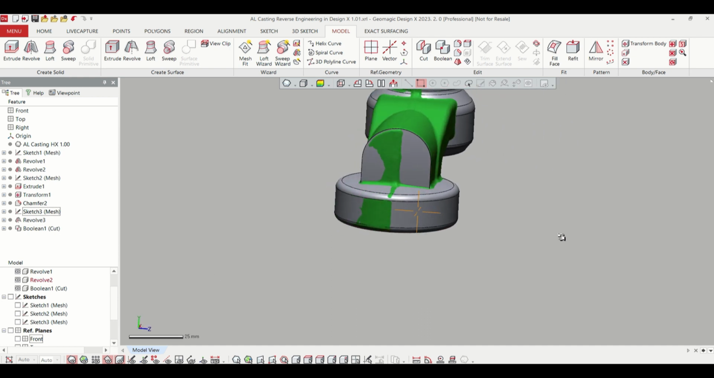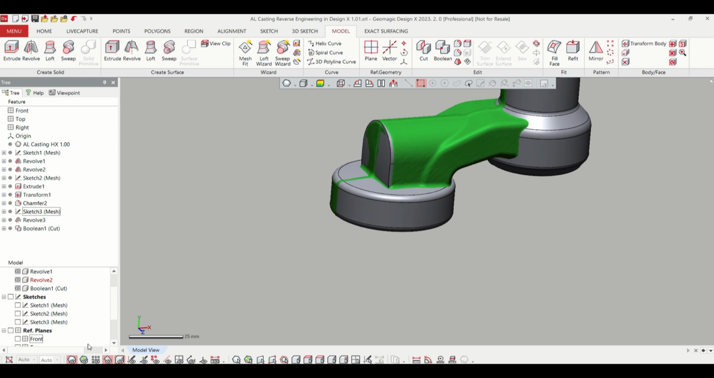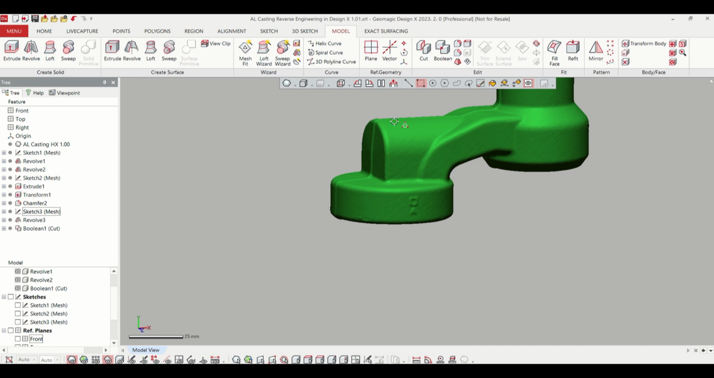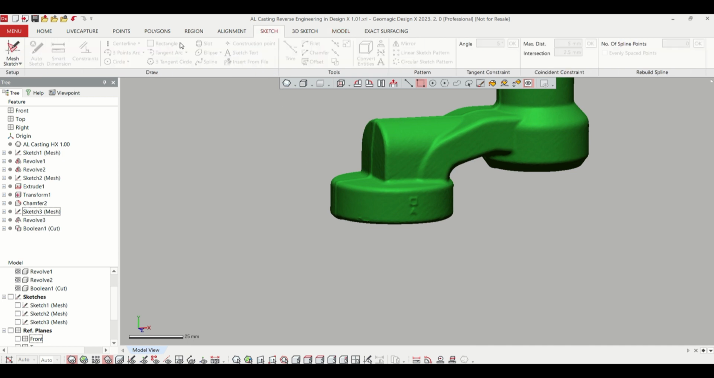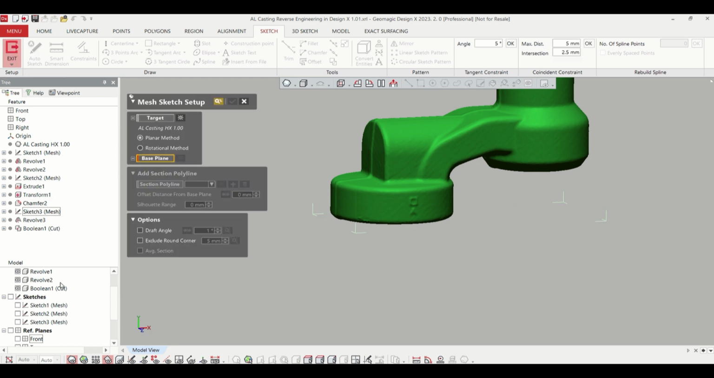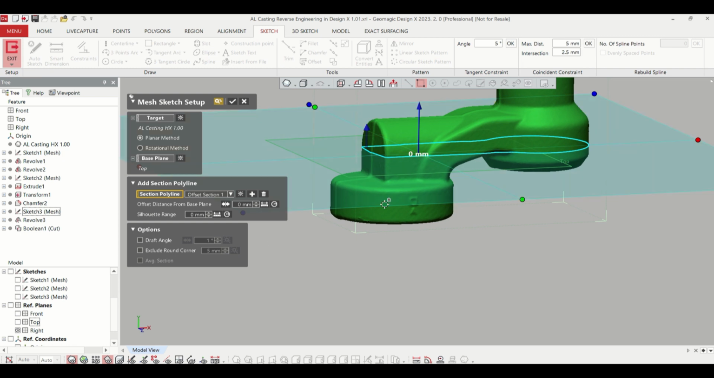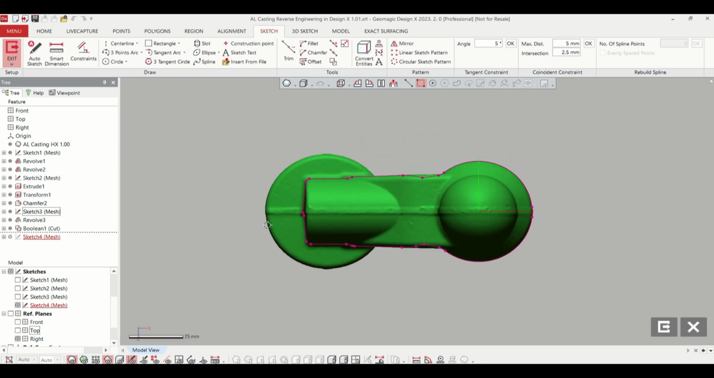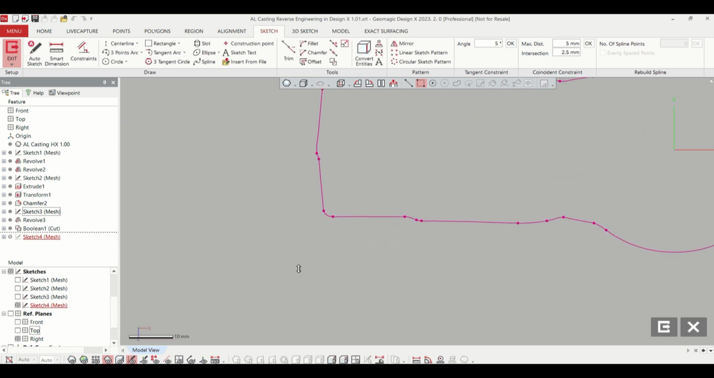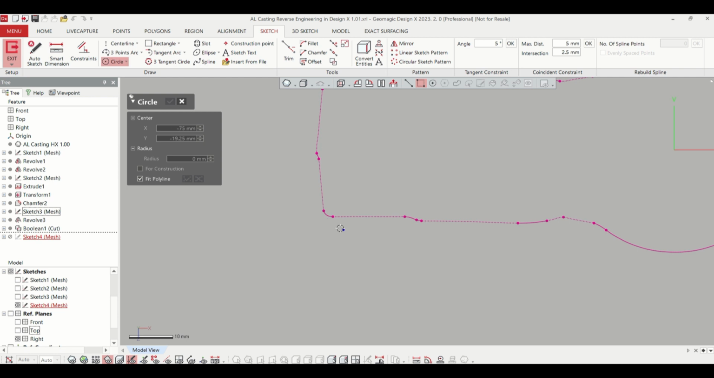Now we can see from the part itself that we've got some rounded corners here. We need to figure out what those fillets should be. So we'll do that with another mesh sketch. This time we'll grab the top plane for our point of reference, and we can use it positioned just right there. We go in and look at this, do a best fit circle,